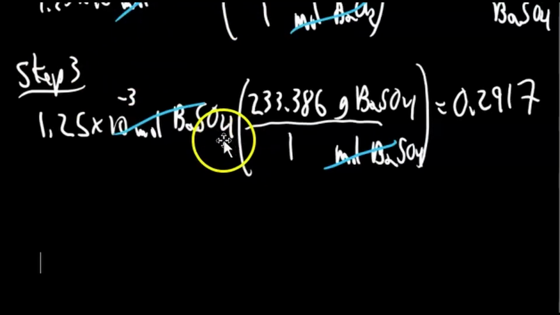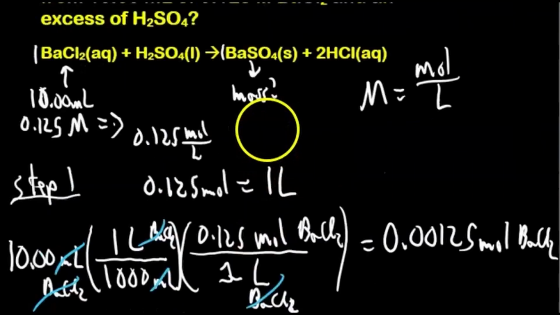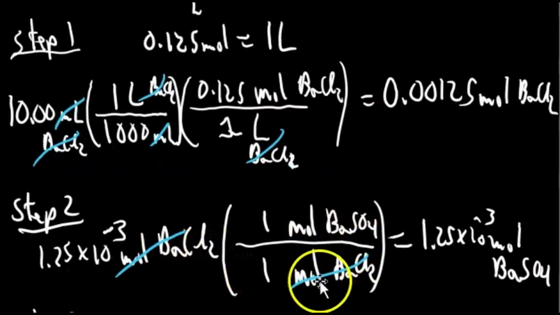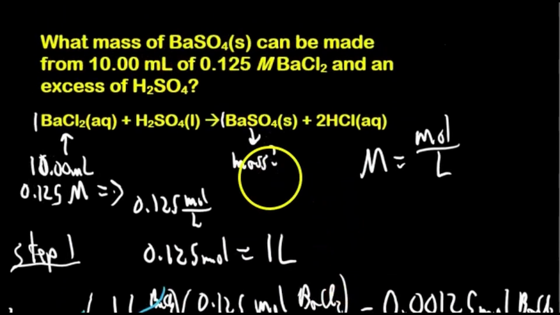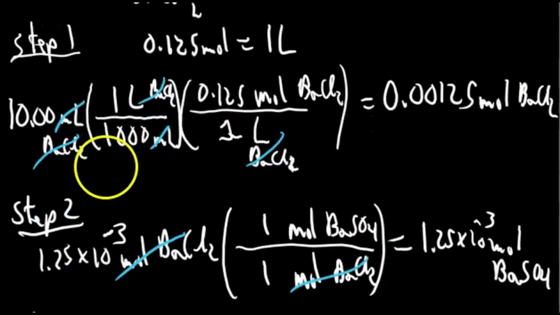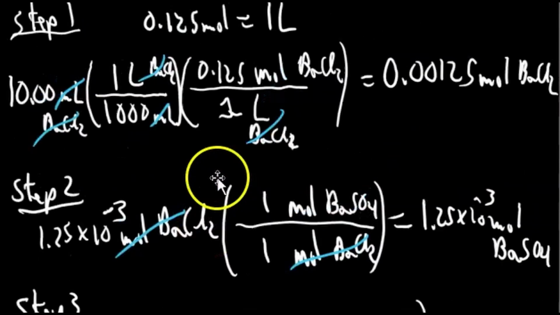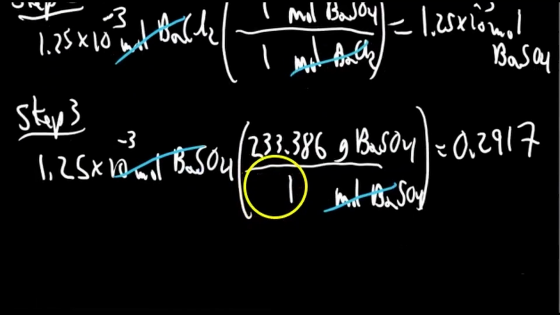Oh, see what I did here? This is barium sulfate. This is barium sulfate. This should be barium chloride. Oh, that's right. This is barium chloride. This is sulfate. Okay, that's all right. Barium sulfate, never mind. We're good. Grams of